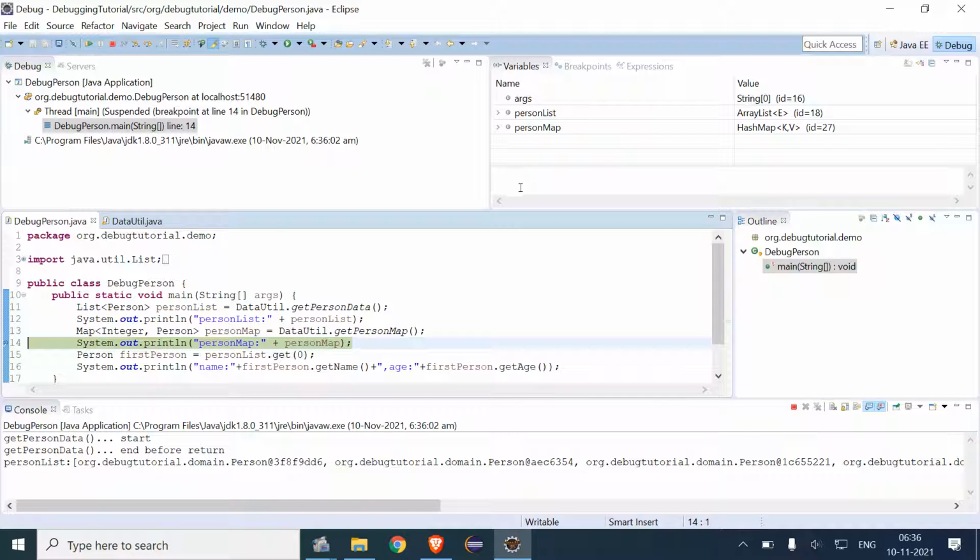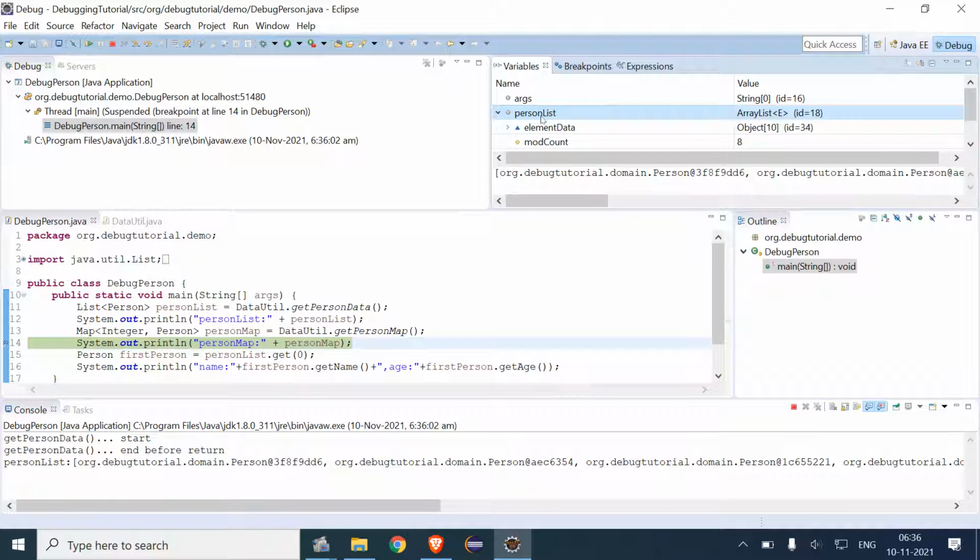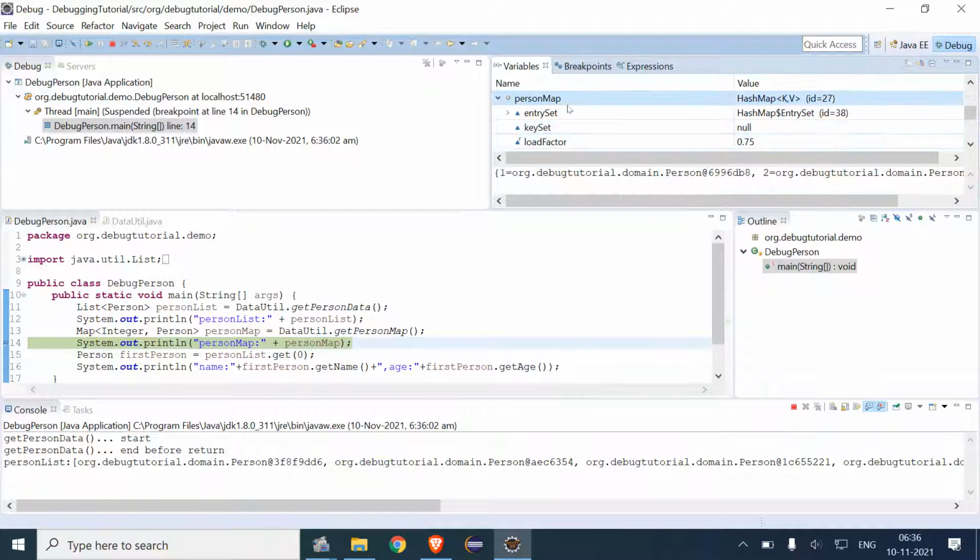So if we see variables, there are three variables being displayed as I told: args, person list, and person map. If we go in detail, in person list we have element data, modCount, count, and size. And after that we have person map, entry set, key set, and these all things are being displayed in detail. But we cannot go in more than that in detail.